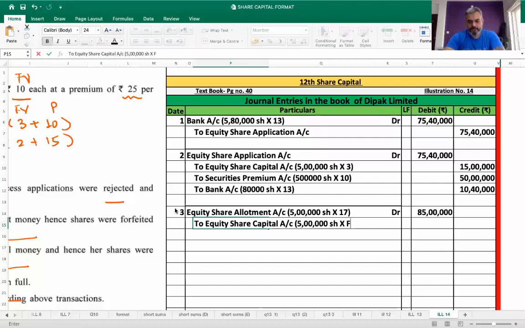I'll write over your face value 2. So 10 lakhs